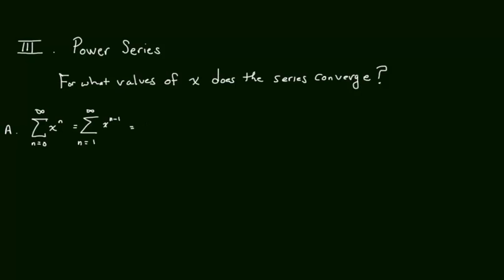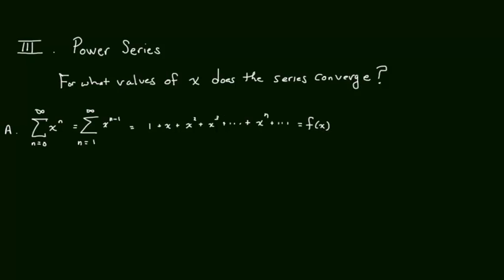So let's take a look at what this series looks like by writing out some of the terms. Well, the first term of the series would be 1. The next term would simply be x. The next one, x to the power of 2. The next one, x to the power of 3, plus dot dot dot. Now this would continue, x to the power of n, plus dot dot dot. So this is a series because the terms are separated with a plus, and it goes on infinitely, so it's an infinite series. Now if I call this series f of x, well, then we have a power series,